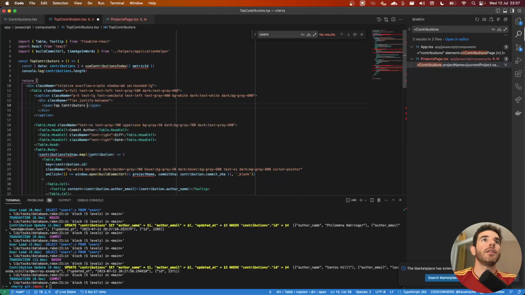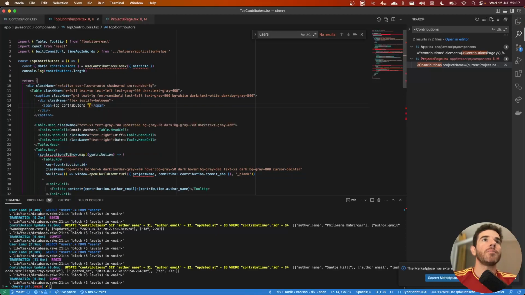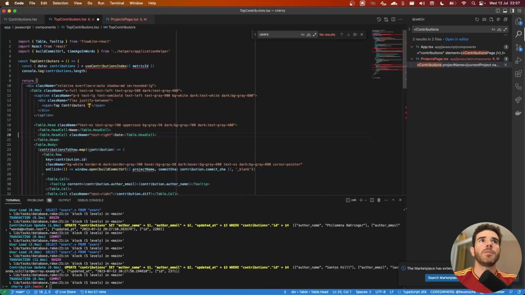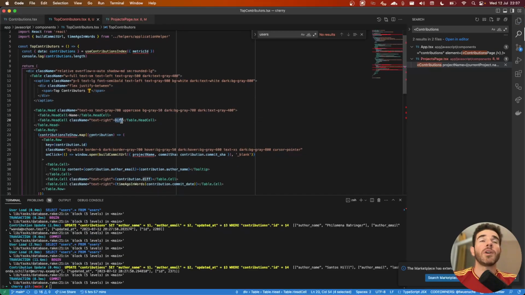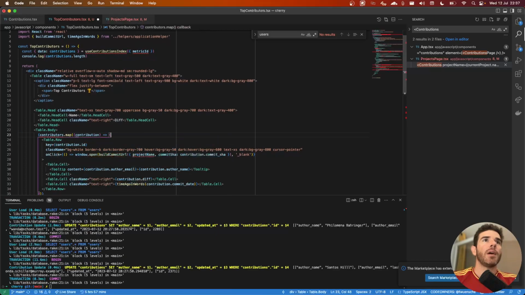Let's add a trophy. These are our champions. It's not commit author, it's his or her name. There's only gonna be two columns, I guess, and the second one's gonna be diff, which is how much they contributed. This is gonna be contributors map,